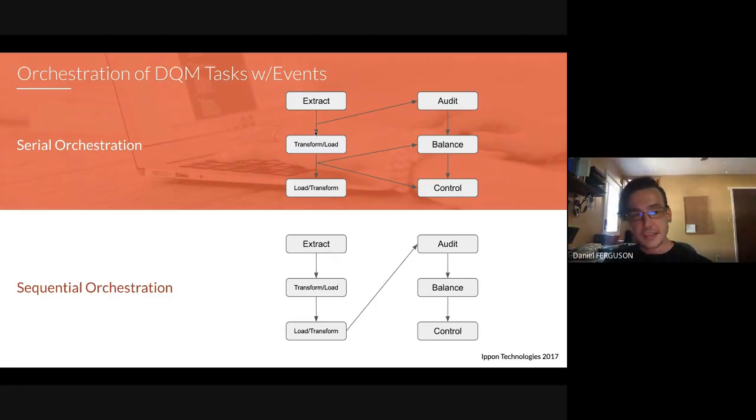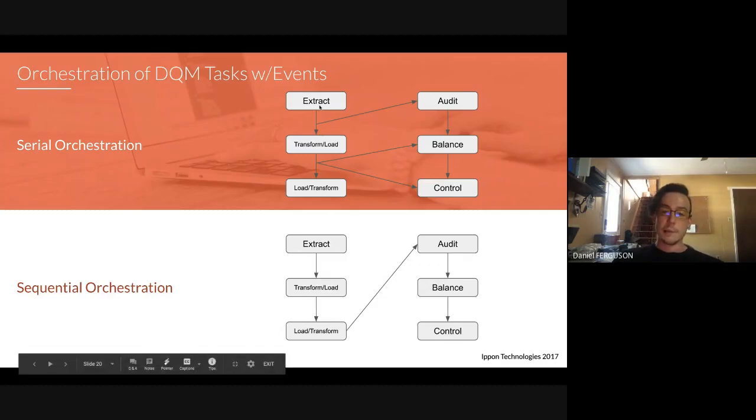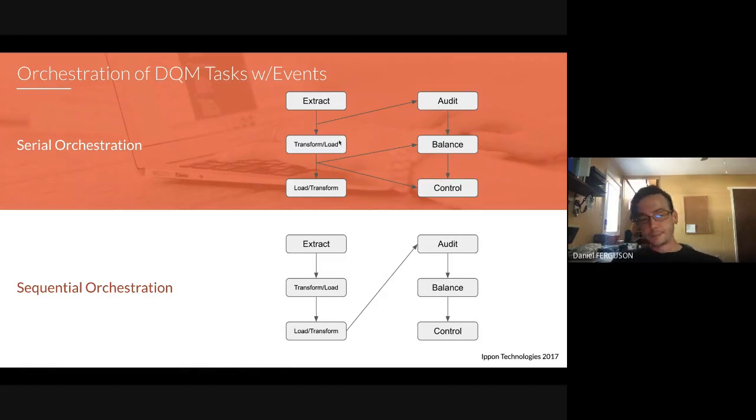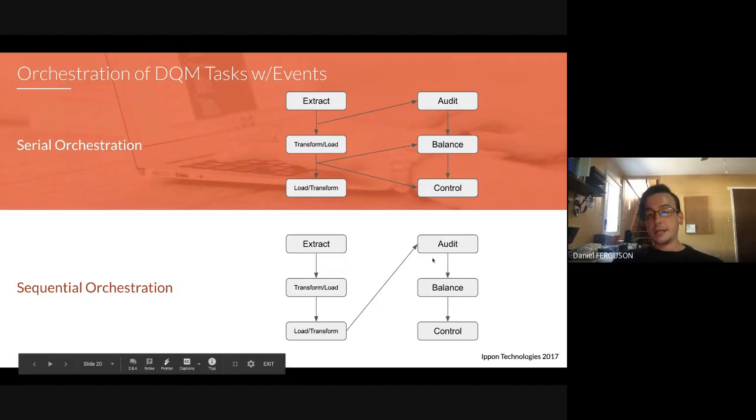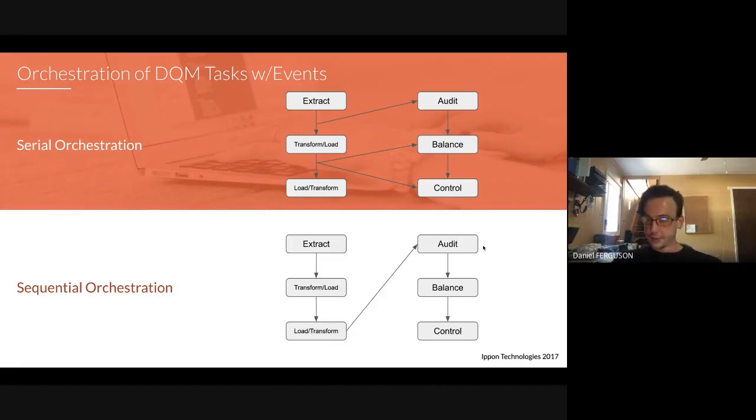Here, you can also execute them serially if you want, but it does create some headaches. And I'm not going to say that there's a right answer or a wrong answer here. I'm just going to say that this is possible, where after your extract job is run, feasibly you could run your audit job. And then you can have your audit job run in parallel to your transformation and your load, or your load and your transform, and then fire off balance and control after that. Or you can have your load and transform job finish and then fire off audit sequentially. This is up to you. There's no right or wrong answer, and it's very use case specific.